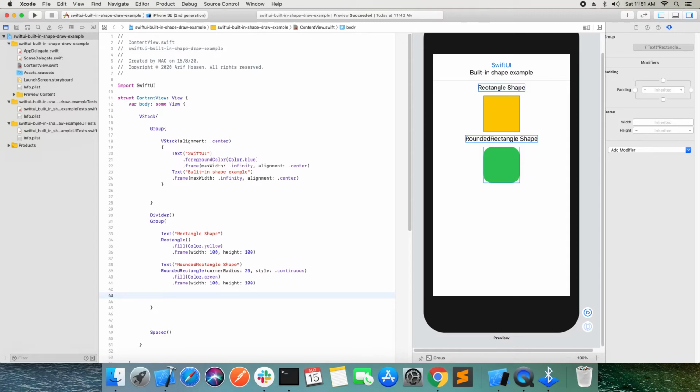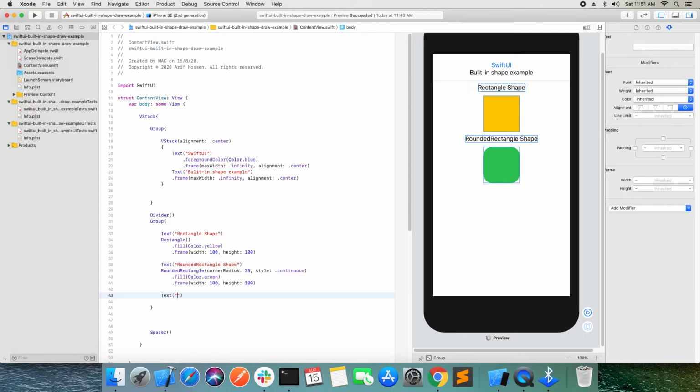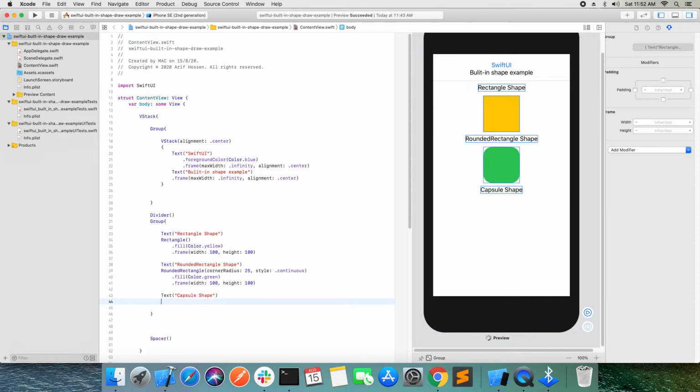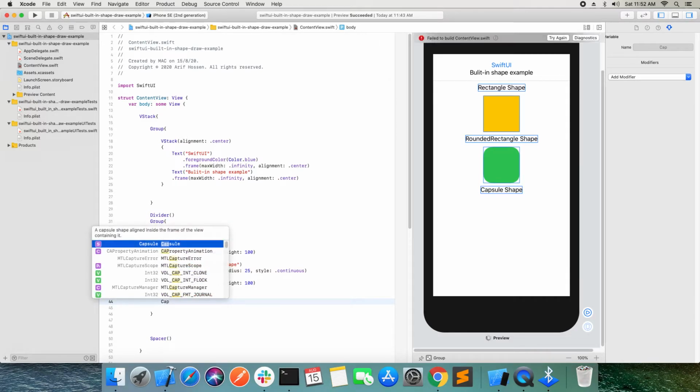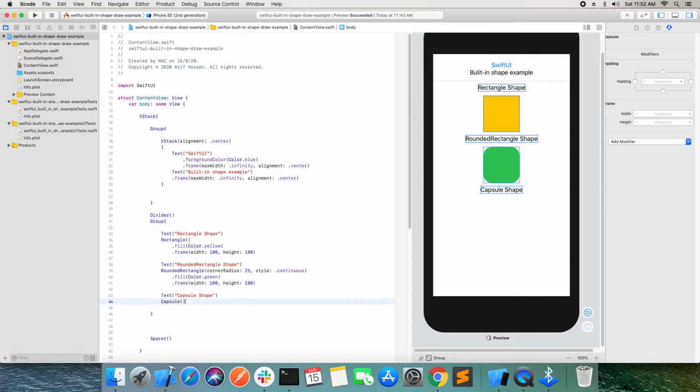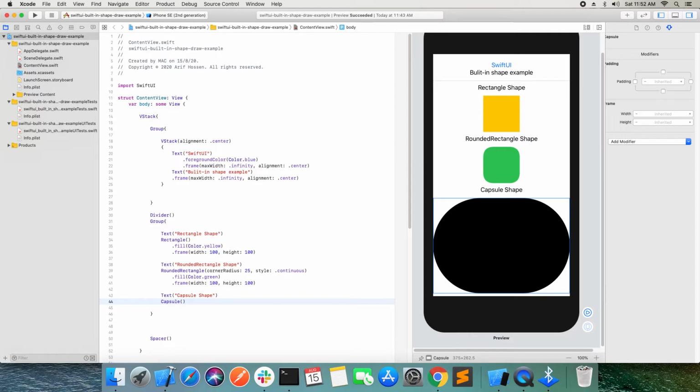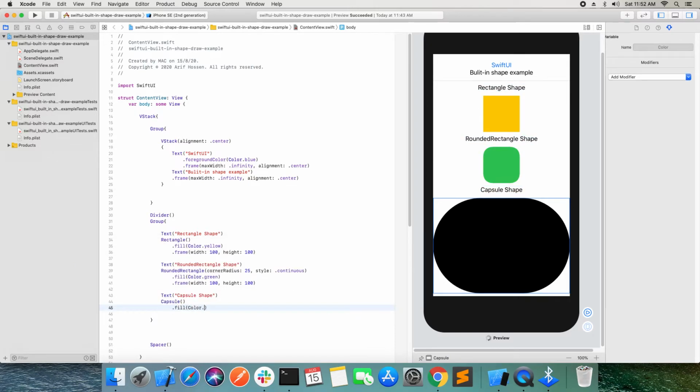Now we will make the capsule shape. Our text title name is capsule shape. Built-in class name or modifier Capsule. When we define and call the class or modifier, it will show the built-in black color. We will fill the color dot red,